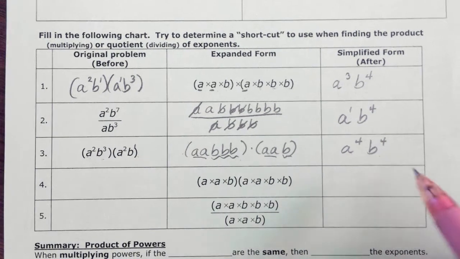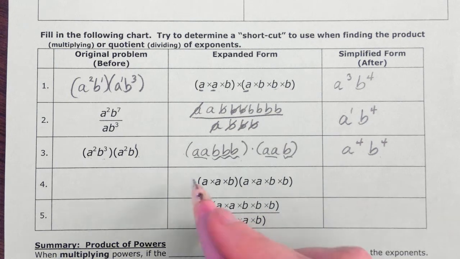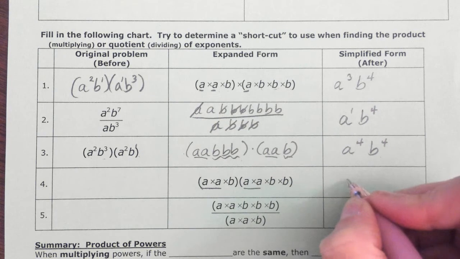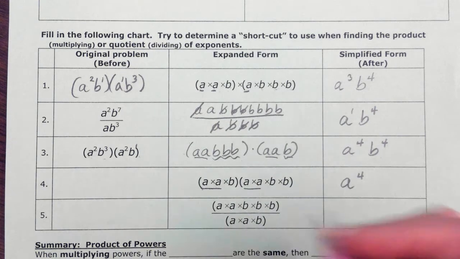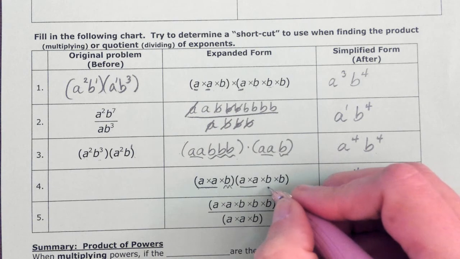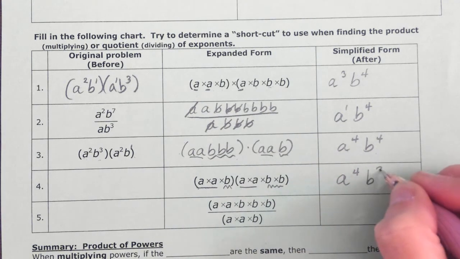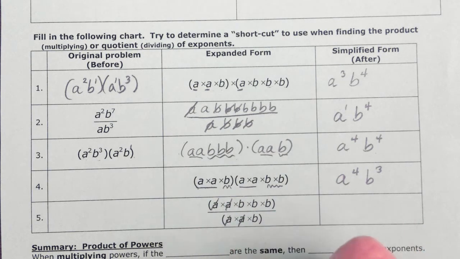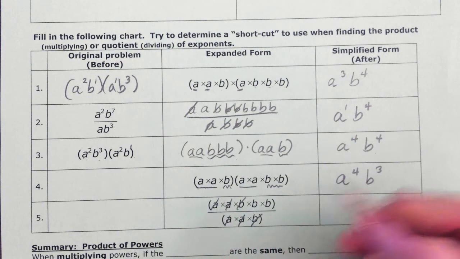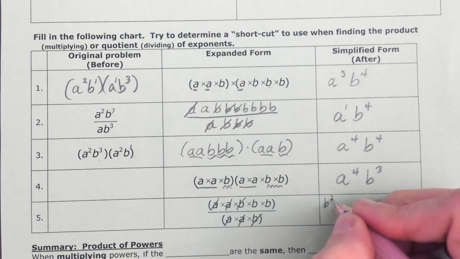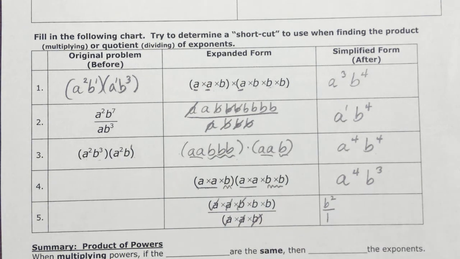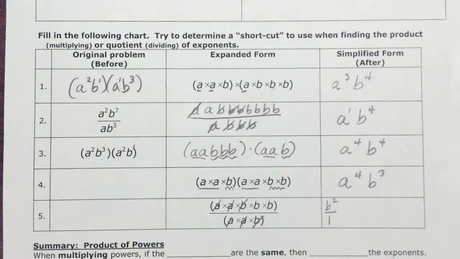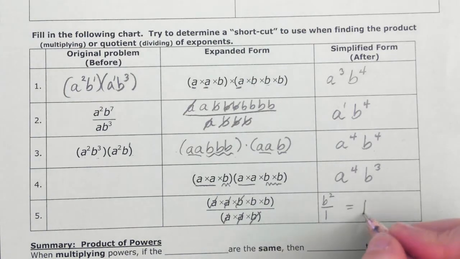Okay, so I want the simplified answer. So I can look at this right here and see what the simplified answer was. I have A, which means A to the 4th. And I see B, B, B, which is B to the 3rd. Over here, I see I can cancel an A and cancel another A. I can cancel a B. Well, what's left is B squared on the top and nothing on the bottom, so I put a 1. Remember, if there's nothing on the bottom, I can put an invisible 1 down there, okay, which simplifies to